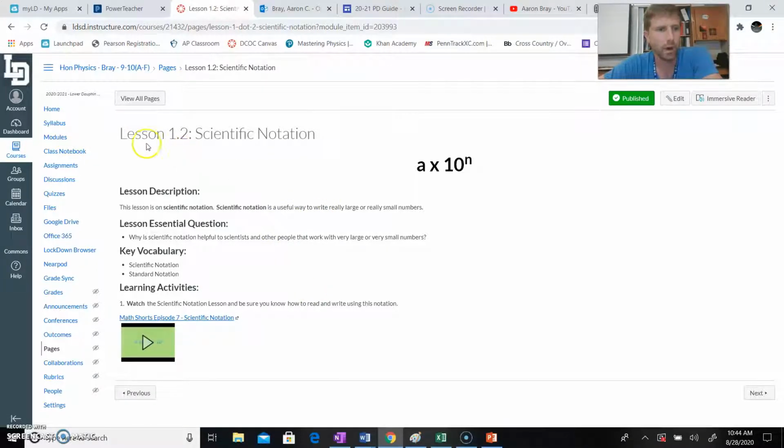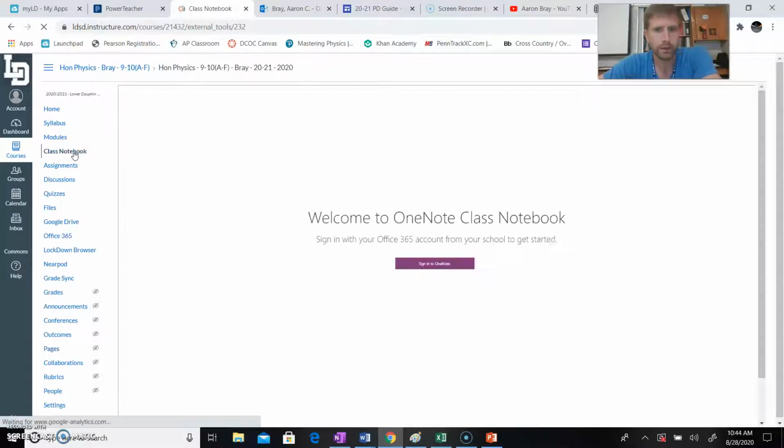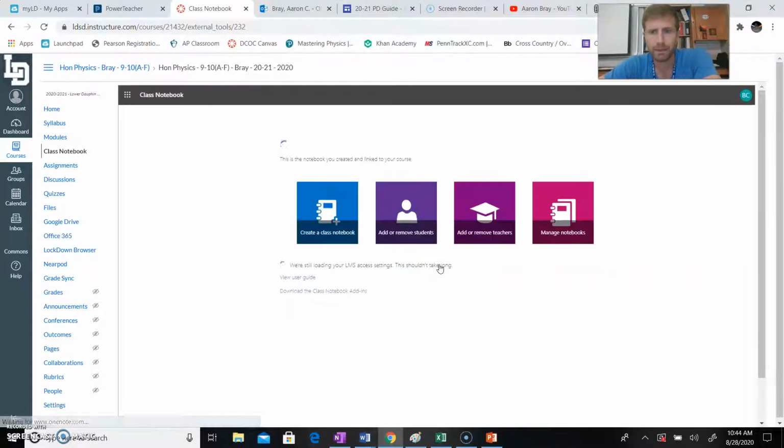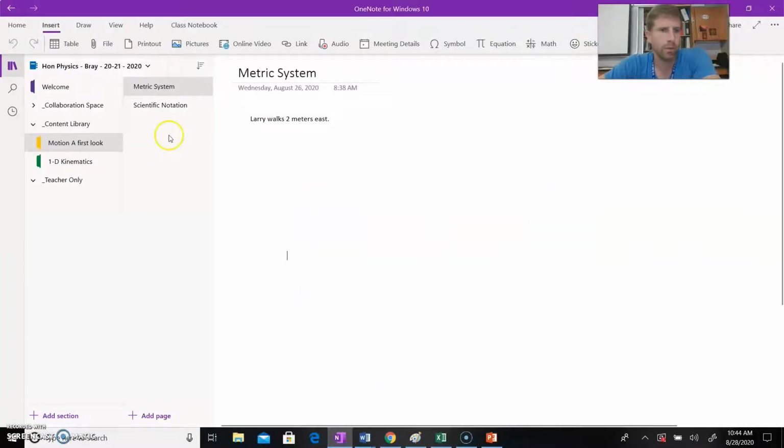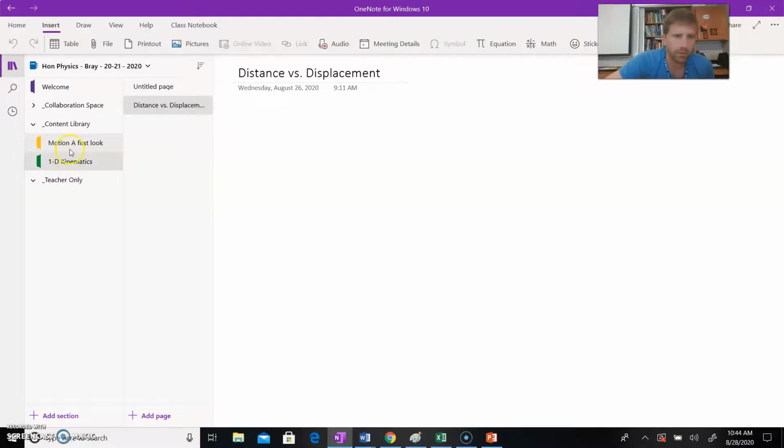One thing I'll be using this year as well is the class notebook. I'm not sure how many classes you've used that with. It uses the software Microsoft OneNote. And so when you click on Class Notebook, the first time you do it, you're going to have to sign into your school username and password. It'll do it automatically for me since I've already done that. And if you go to Manage Notebooks, my notebook should be pulled up for you already. And so what will happen here is if I click on the unit that we're in, whatever it is, I don't have it all pulled up yet,